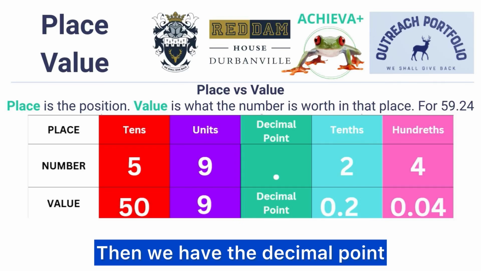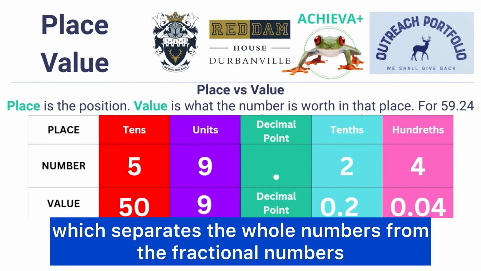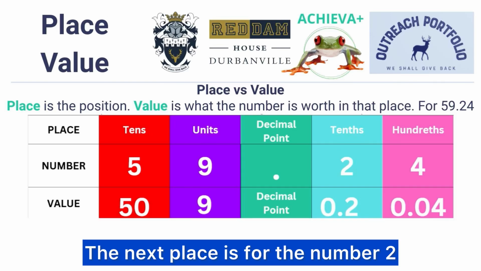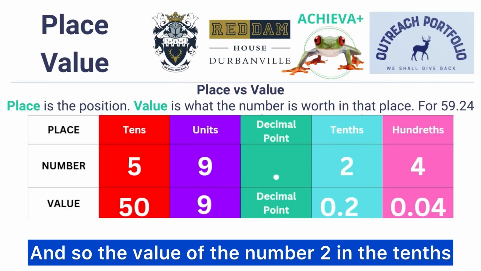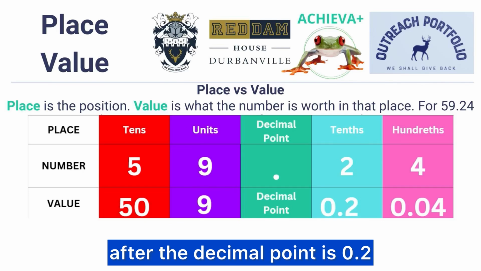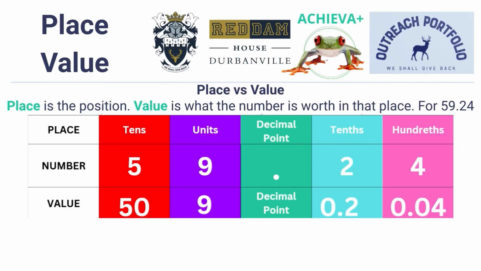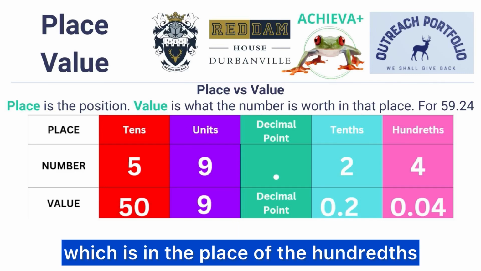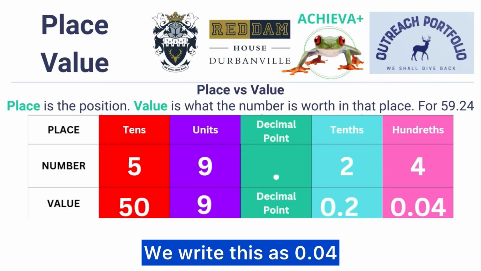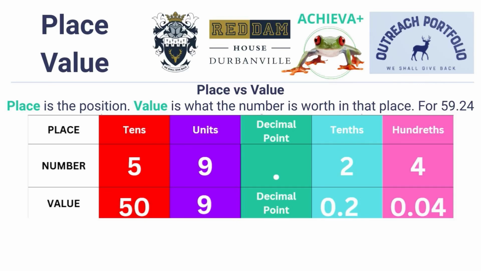Then we have the decimal point, which separates the whole numbers from the fractional numbers. The next place is for the number 2, which is in the tenths. And so the value of the number 2 in the tenths after the decimal point is 0.2. And then we have the value for the number 4, which is in the place of the hundredths. We write this as 0.04. So the number